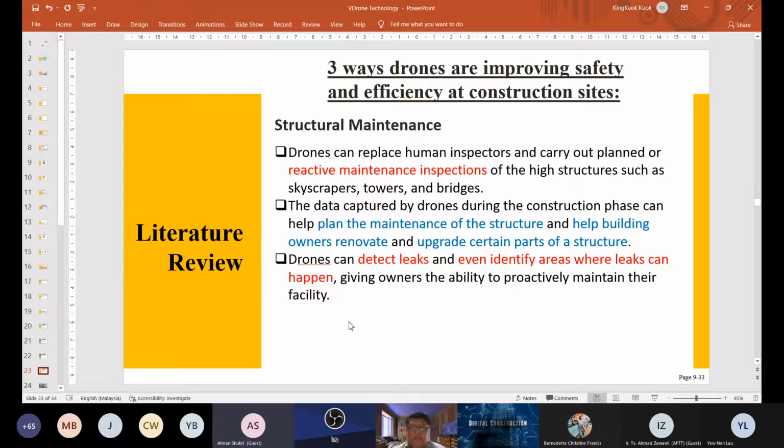And then once the projects were completed, the drone can also be used to monitor defects, to check the deterioration rate of the structure that we have constructed. Is there any defect or not, especially in locations which are difficult to access, where we need to climb up, and also to detect any leakages. If yes, then we can carry out immediate repair works,